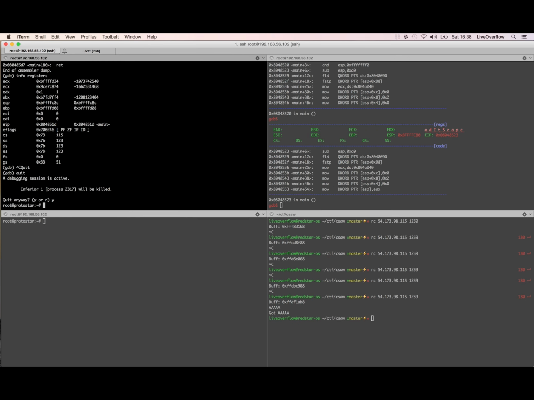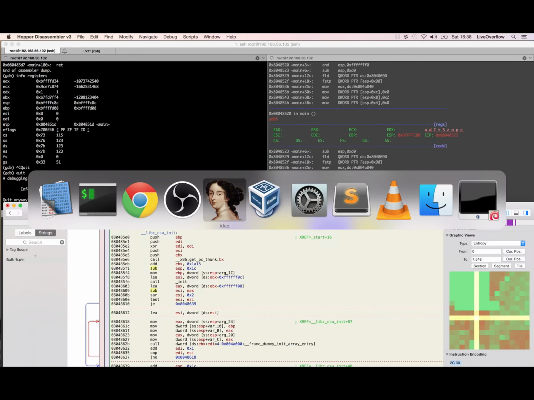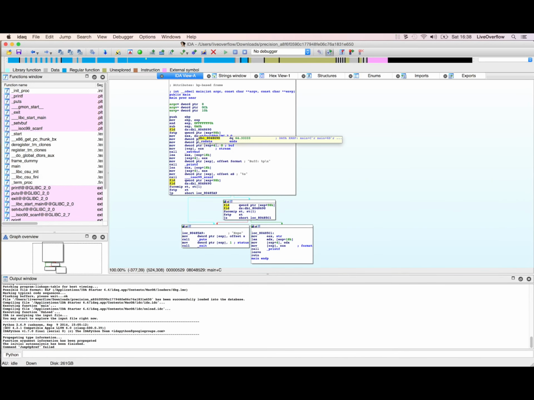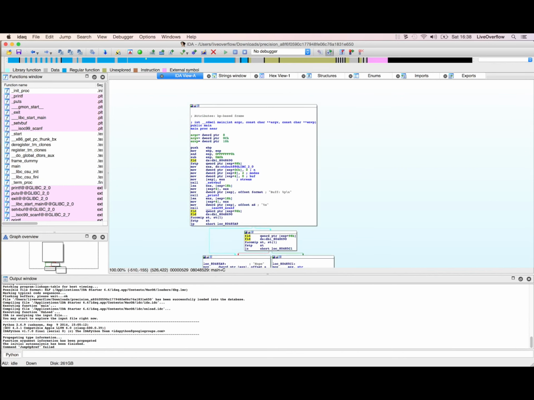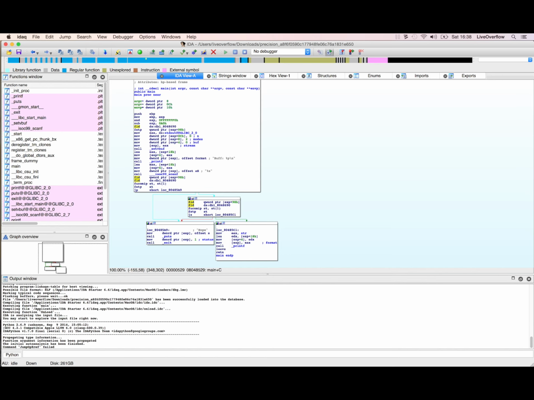Okay, next step. Let's have a closer look at the binary. I threw it into Hopper and IDA, but I will focus on IDA right now. This is the main function you will get into, and the first thing I usually do is a quick scan. I try to understand what those blocks mean, especially the calls like printf and scanf, because that will tell you roughly what will happen. If you look quickly, it loads here weirdly setvbuf on stdout. I don't know what setvbuf means, so I ignore it for now, but it prints buff,